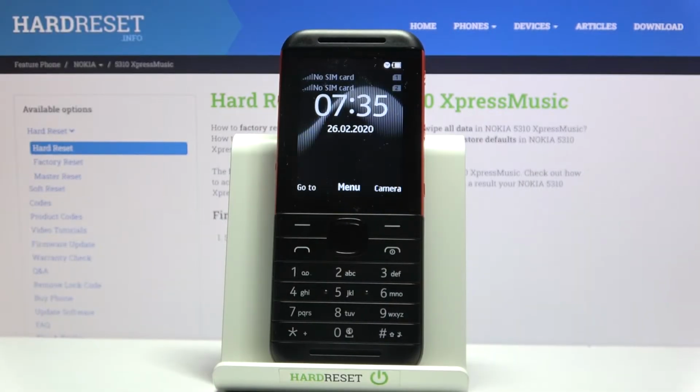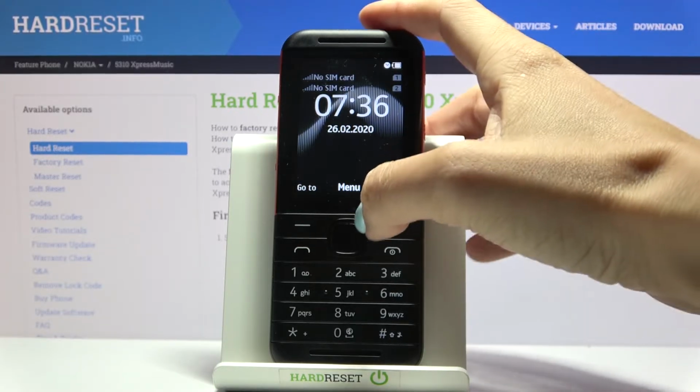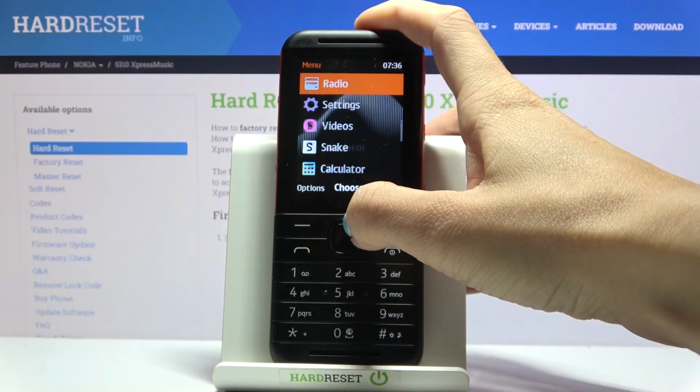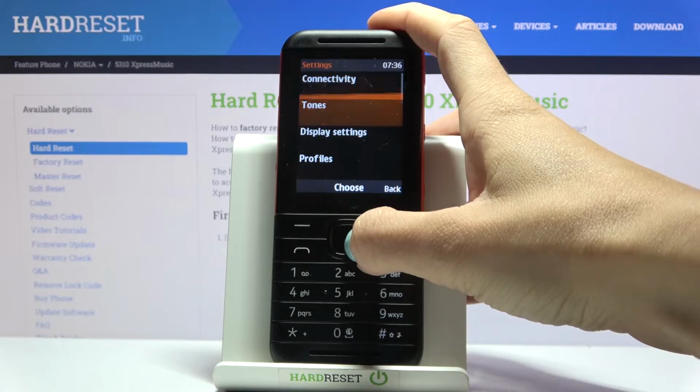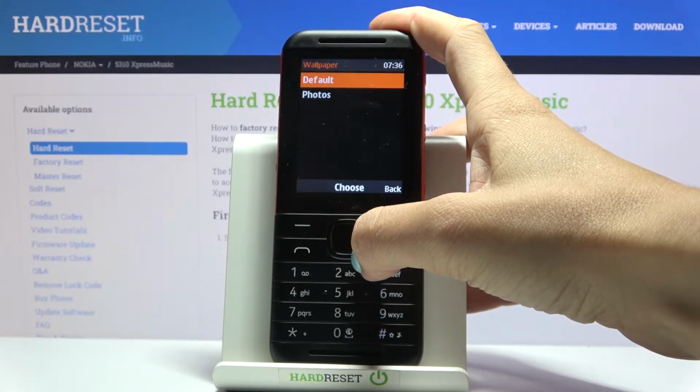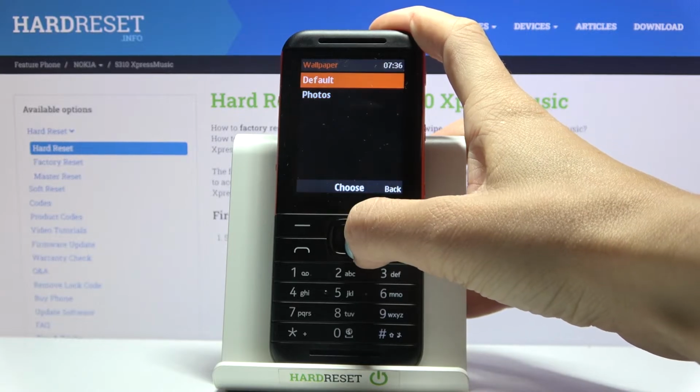Here we've got Nokia 5310, and let me show you how to change wallpaper on this device. So if you'd like to put some unique wallpaper at your background, just open Menu at first, then reach Settings, and go to Display Settings. Then choose Wallpaper, and you can either pick something from your own pictures by tapping on Photos, or one from